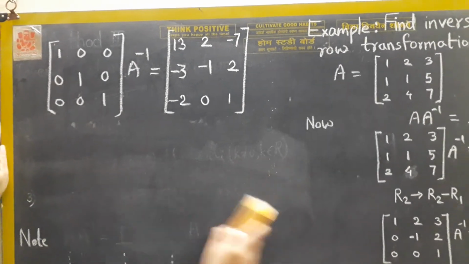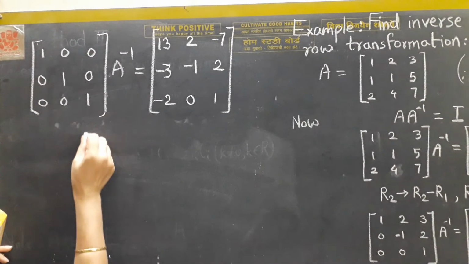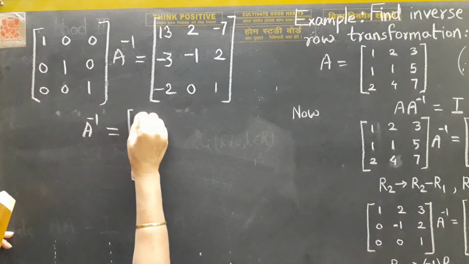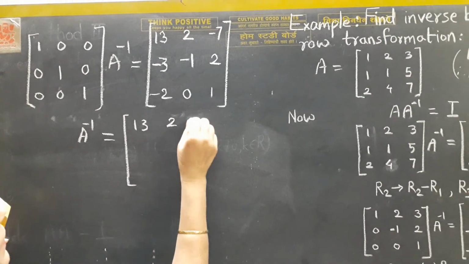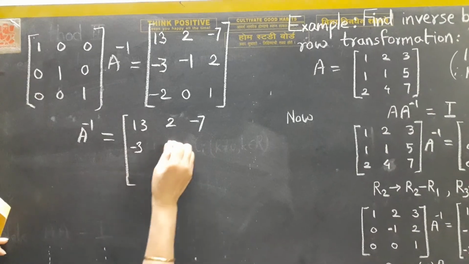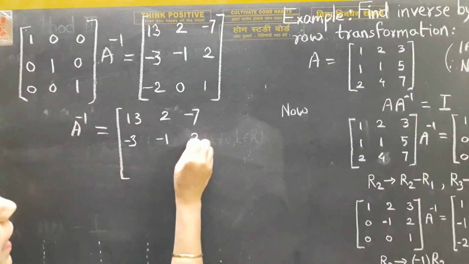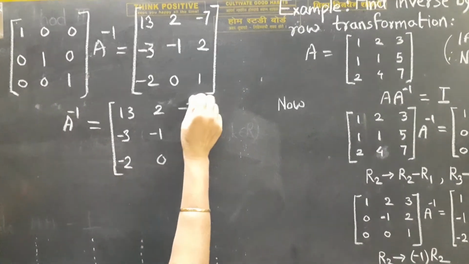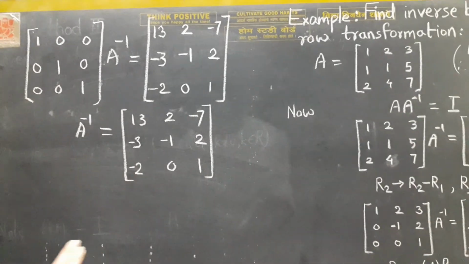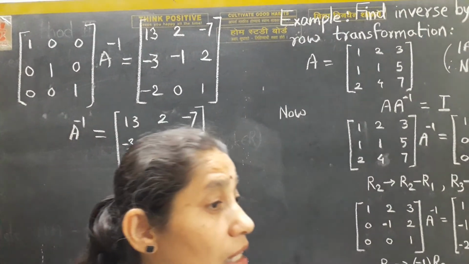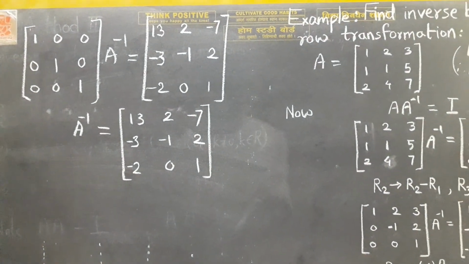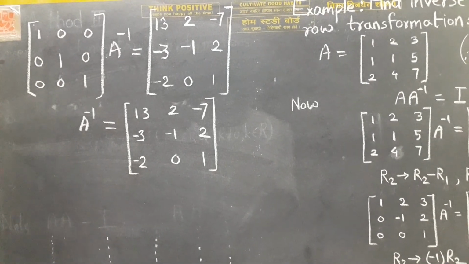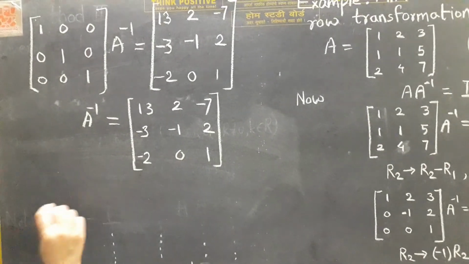So this is our identity matrix, and hence identity matrix multiplied by A inverse is A inverse, and ultimately we are getting the answer as this, which we can verify in the previous one, that in the adjoint method also we have found the inverse of the same matrix. Just check that the same inverse we are getting. This means that the inverse of the matrix is always unique, even though you are applying any of the methods. Okay, stop here.